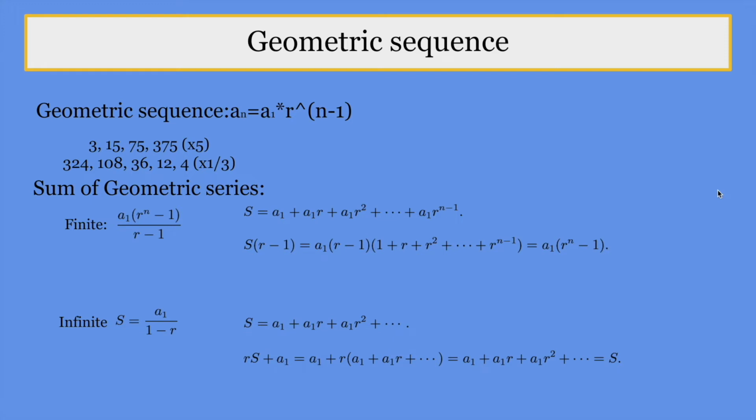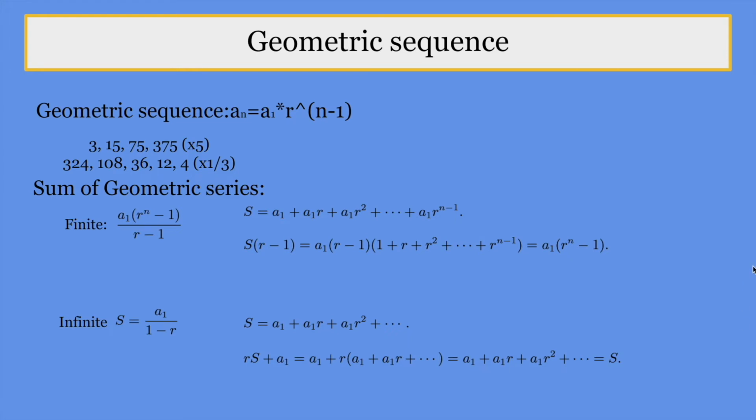Geometric series. It is a sum of all the terms of a geometric sequence, and they come in two varieties, both of which have their own formulas: finitely or infinitely many terms. And to talk about finite first, let the geometric series have value s, then it will look like s equals a1 plus a1 times r plus a1 times r squared. And factoring out a1 and multiplying both sides by r minus 1, and using the difference of powers factorization yields,